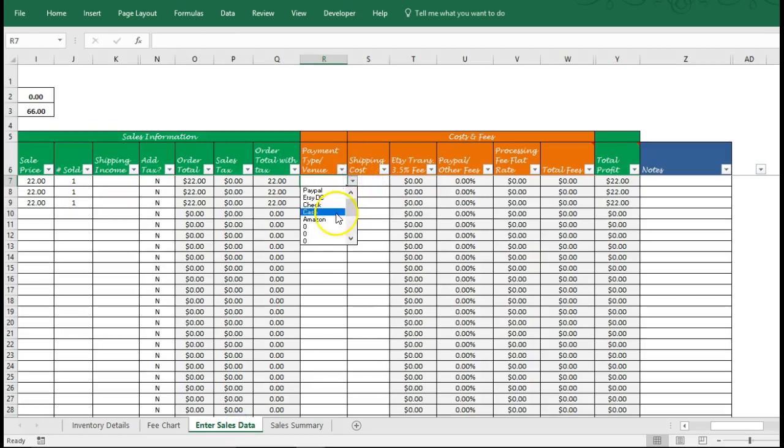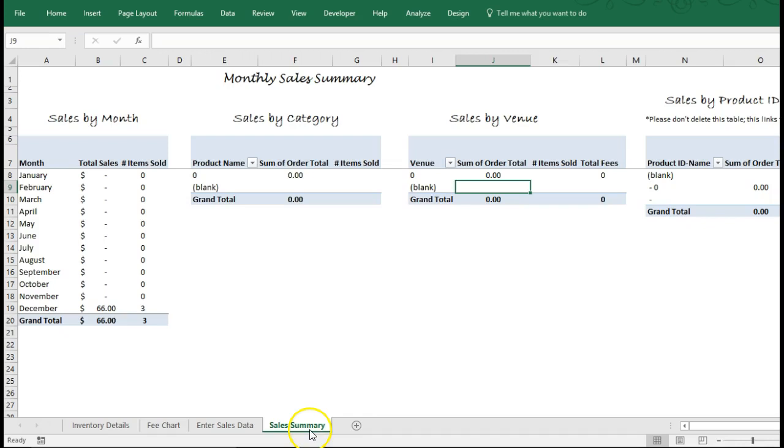Let's say we then select Amazon, then it will calculate the other fee. And you can change the header if you want to have that say, you know, just Amazon fee. And shipping cost, if you have to deal with that. So let me just fill out that. And then when you come in here, it'll automatically show the total sales per month, but for the category and